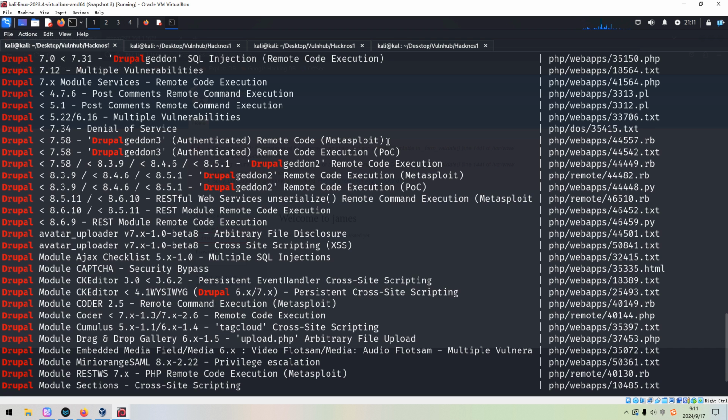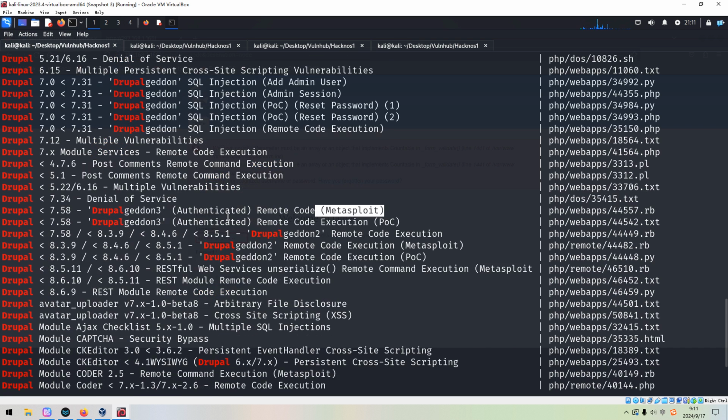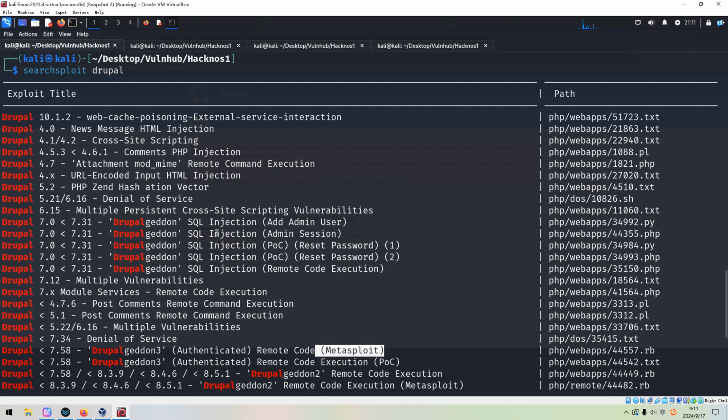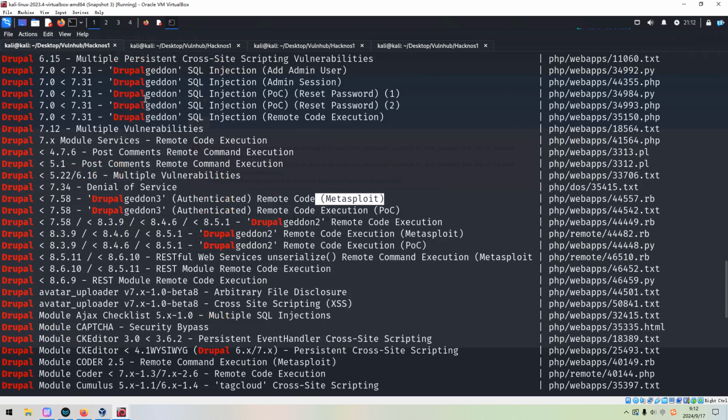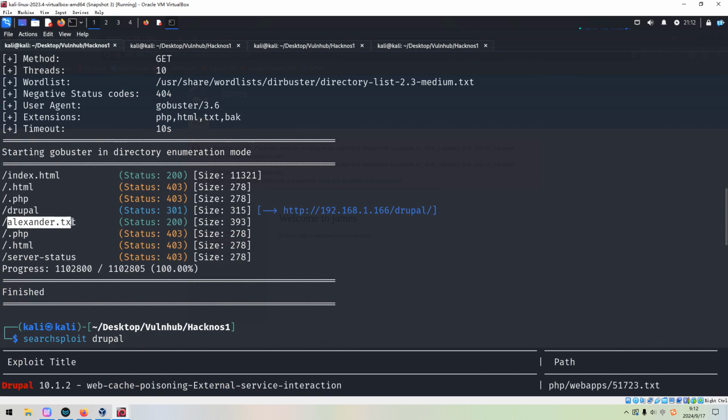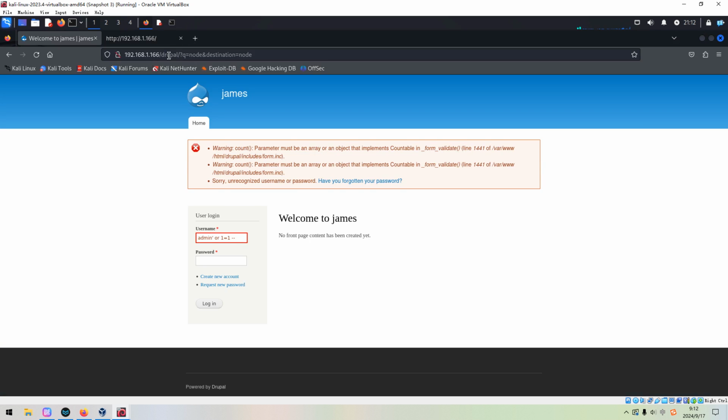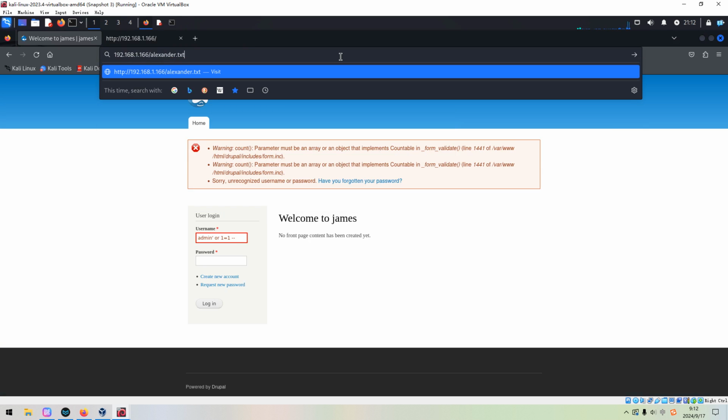However, as you can see, even Metasploit has some modules which can work for this CMS. So it deserves our trial afterwards, okay? Because Metasploit is so effective and very easy to use. But before we do that, I'd like to check another file. So what's about? Yeah, this one. We can copy and access this file.